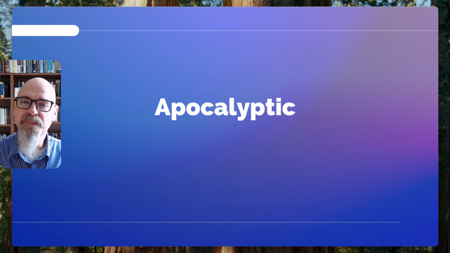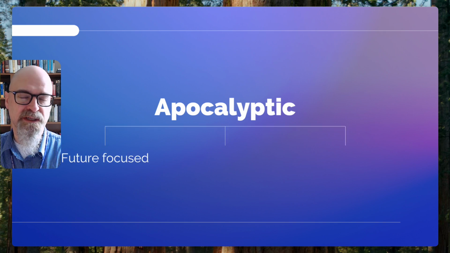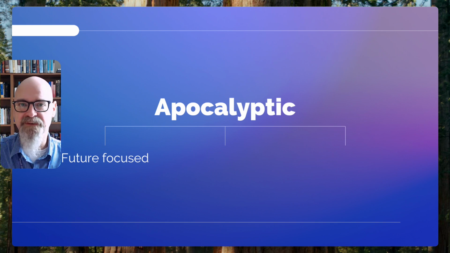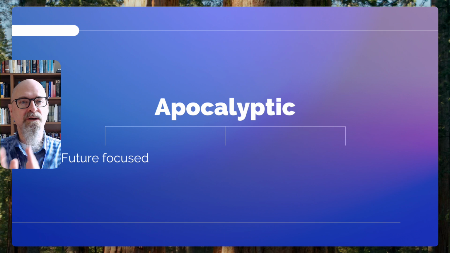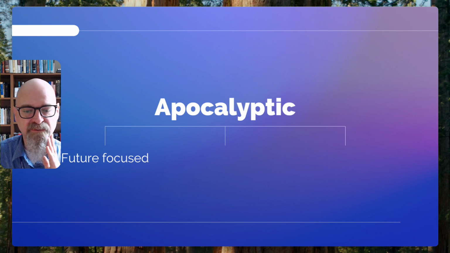And so there's 3 main interpretive points that are worthwhile to discuss. Apocalyptic is very future focused. This kind of contrasts a little bit with prophecy. When we talk about prophecy, prophecy is not only future focused, but apocalyptic is almost uniformly so. So in one sense, there's an overlap with prophecy, but in another sense, there's a distinction because apocalyptic is really looking forward to the future, what God is going to do in the spiritual realm, and how that then impacts us as believers who follow Him.